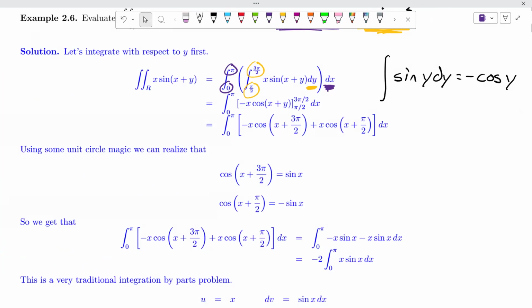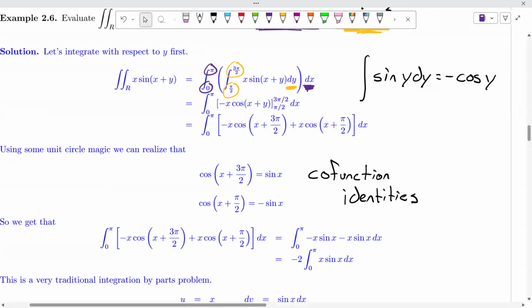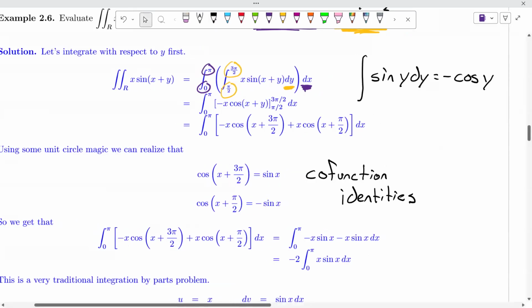In particular, the trig identities at play here are the cofunction identities. If you want to look that stuff up later, it might be helpful. But in brief,